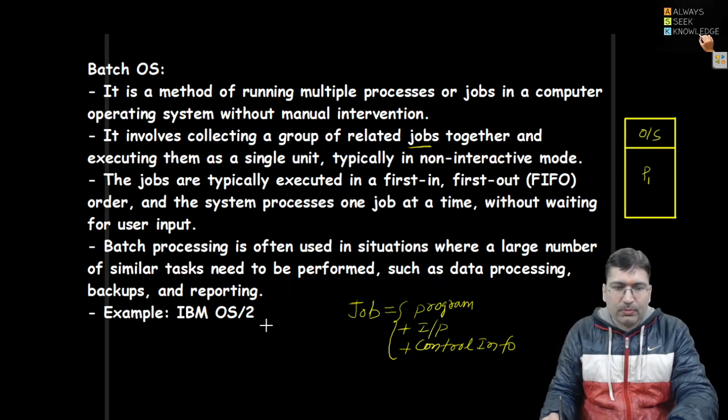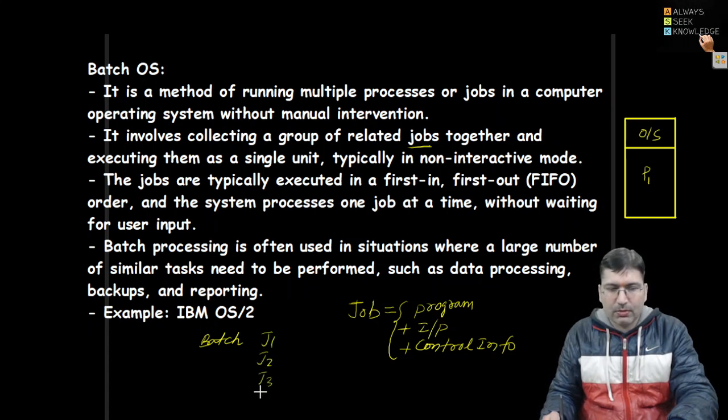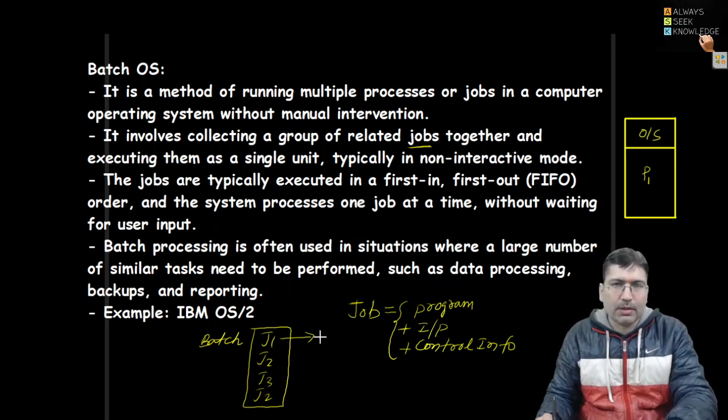Once the batch of jobs is prepared, let's say it has job 1, job 2, job 3, job 4. So you consider a stack or pool of jobs is there. The processor will fetch one job at a time and start executing. Once this job finishes, then it will fetch the next. Say I'm talking about processor or CPU allocation to the job. It will be one after another. J1 will finish, then J2 will start. Once J2 finishes, then J3 can be allocated, and so on.